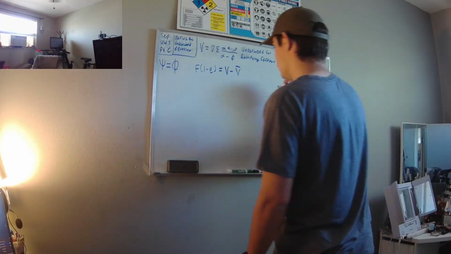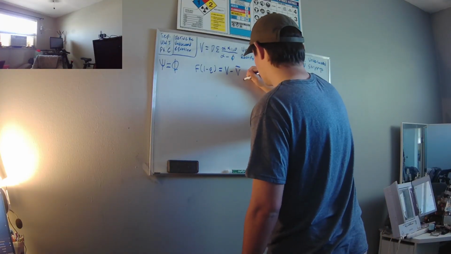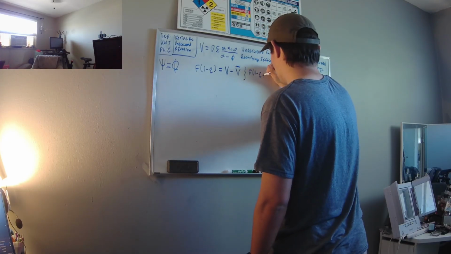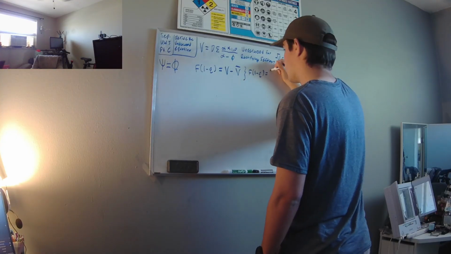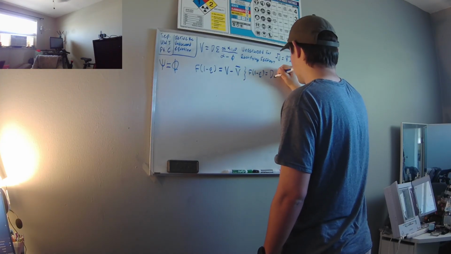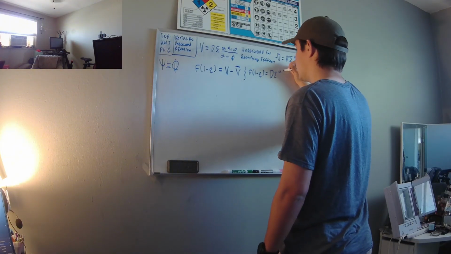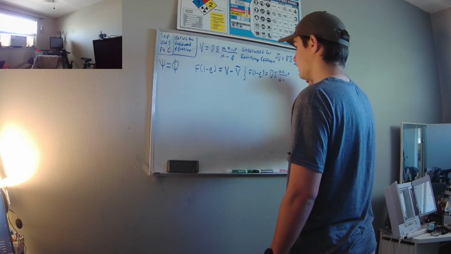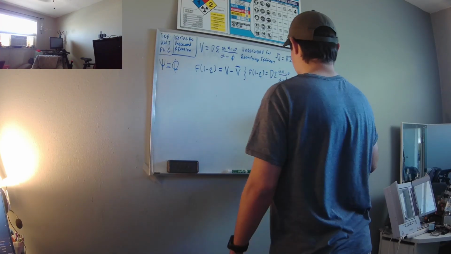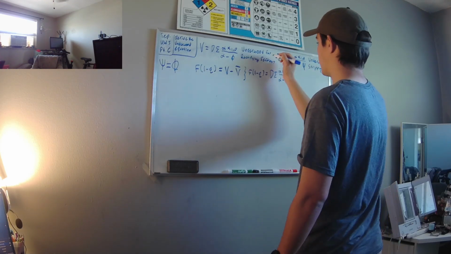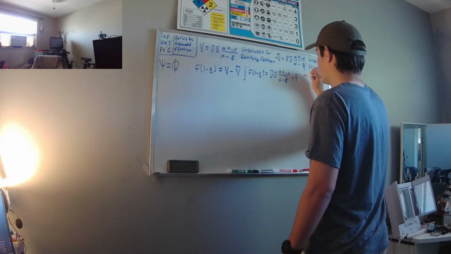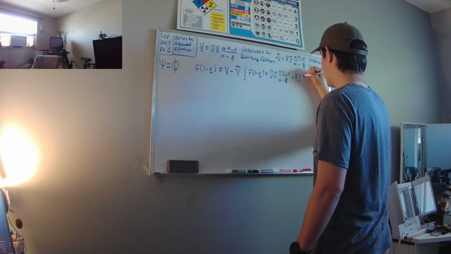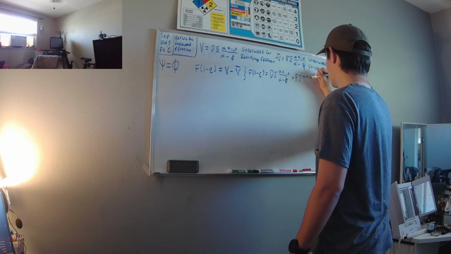So if we plug those two in right here, we get that our feed times 1 minus q equals our distillate flow times the summation of alpha xi d over alpha minus phi, plus, because we've got our minus v bar here, we're going to have our bottoms times our summation of our alpha times our xi b